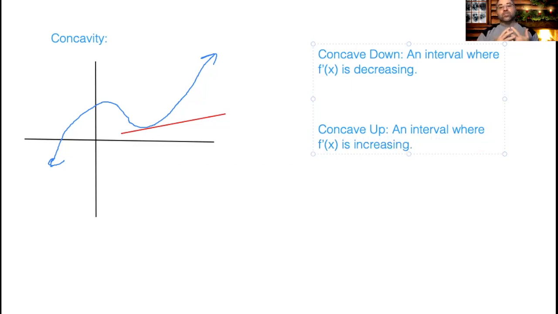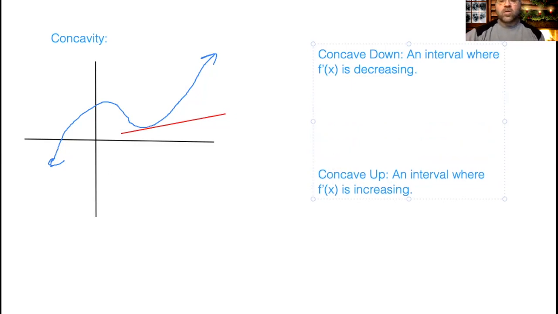Now, what I want you to consider for a second is, if you just think of f prime as its own function, how would you know it was increasing or decreasing, using calculus, right? If I think f prime is decreasing, it's going down, so its derivative must be negative, right? Well, the derivative of the first derivative is, of course, the second derivative. That means,